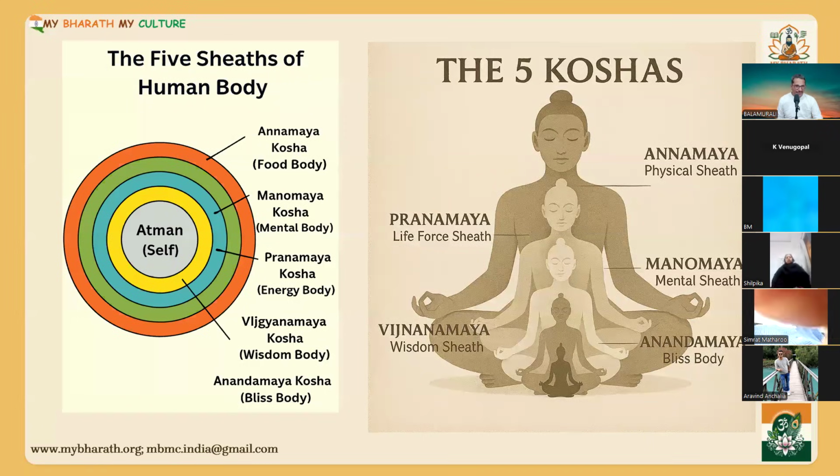Now what we need to find is here, you see the Pranamaya Kosha is in between Annamaya and Manomaya. That means your breath can connect your body and your mind. Why do we say body, mind and breath? Body is gross, your breath is in between, then comes mind. So if you want to exercise influence, if you want to control your body, if you want to control your mind, through breath you can do that very easily. That's why pranayama is very, very important. By pranayama, you can control the body, you can control the mind. It's a bridge between these two.